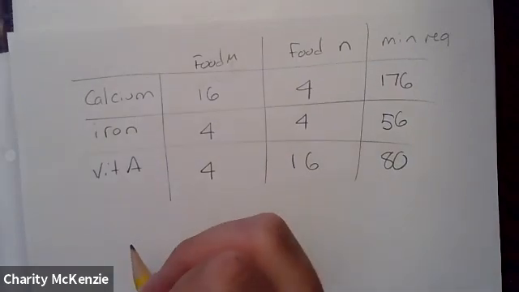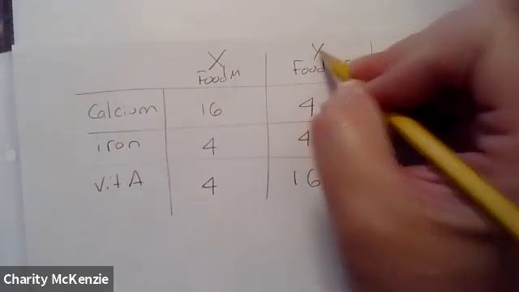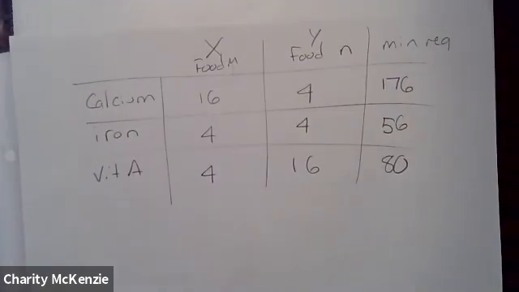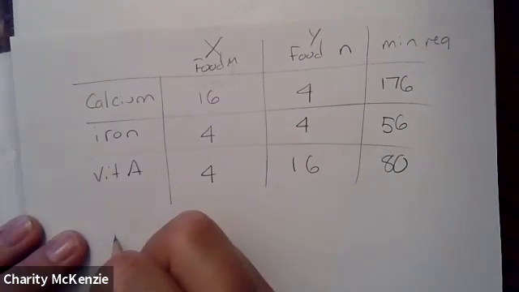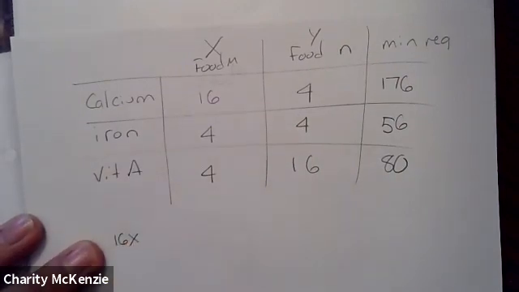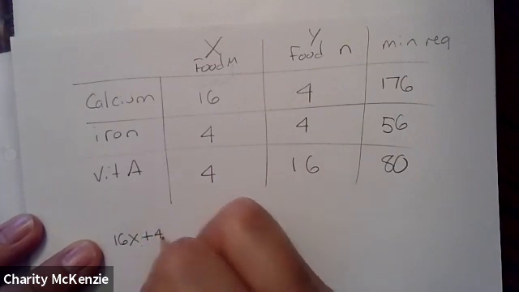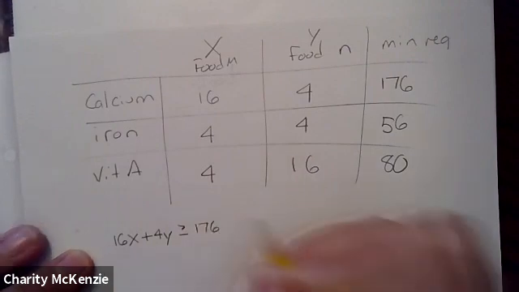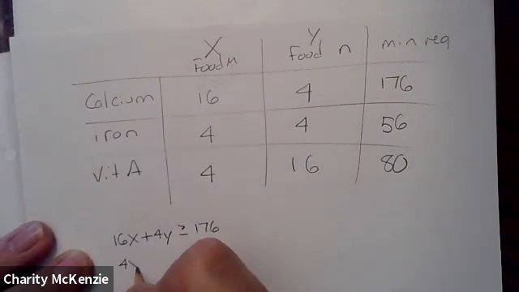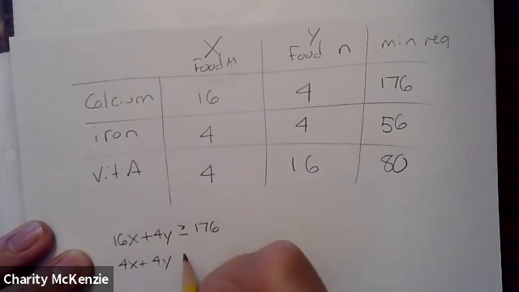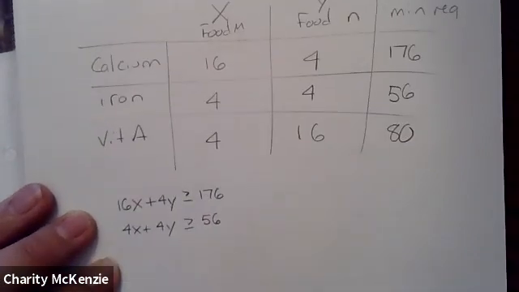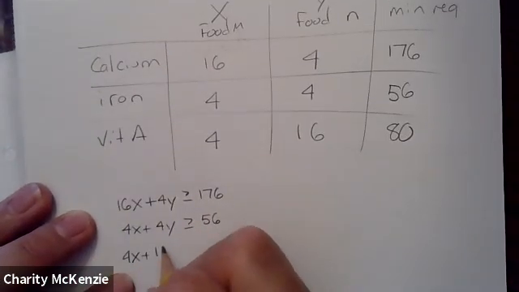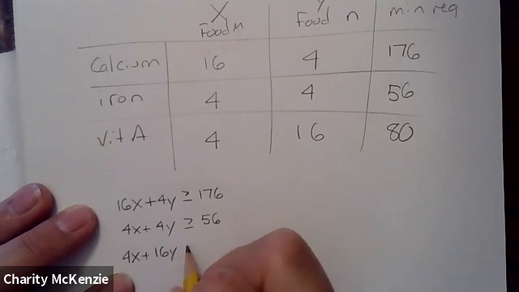So I'm going to think of this as food X and this food Y. You could use M and N, it's fine, but when I go to graph, it's easier for you to think of X and Y. So our first formula is going to be 16X plus 4Y has to be larger than or equal to 176. The next one is going to be 4X plus 4Y has to be larger than or equal to 56. And then that last one is going to be 4X plus 16Y has to be larger than or equal to